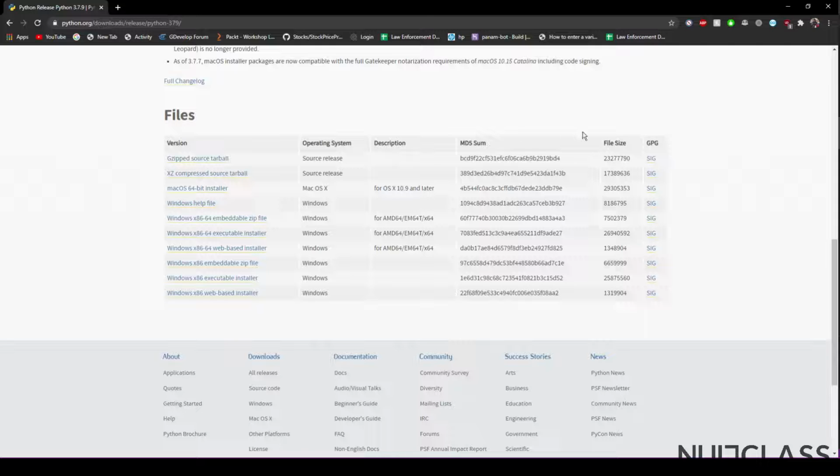Since this is a Windows operating system, I'm going to select from these options, and within these I recommend you to use this option, that is the Windows x86-64 web-based executable installer. So I'll just download it.